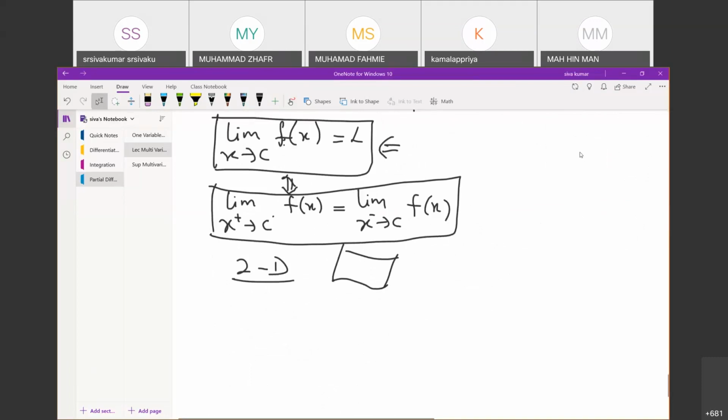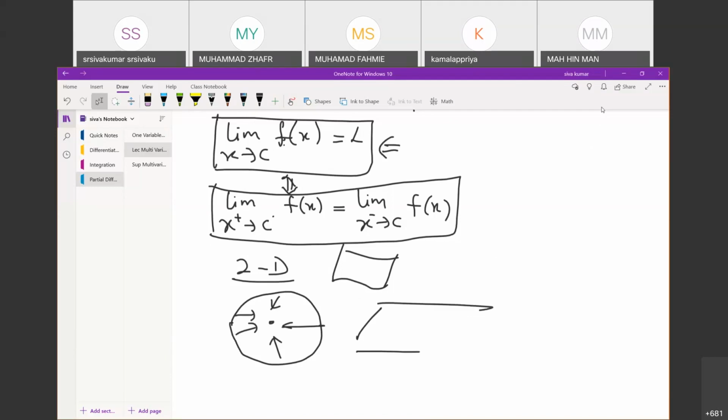Now in the 2D scenario, how do we observe the limit? The observation works like this. Dot. We put a circle, and we are observing the performance in the circle. When we view any single point here from many different locations, you should see the same thing. Try to sketch this. At this particular point, can you see that or not? This is very important.